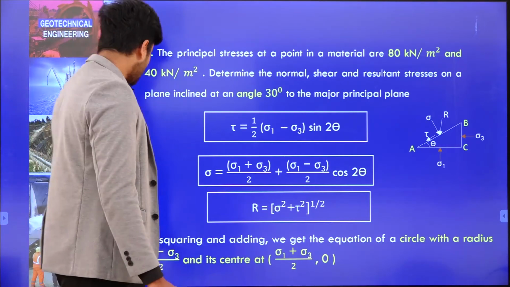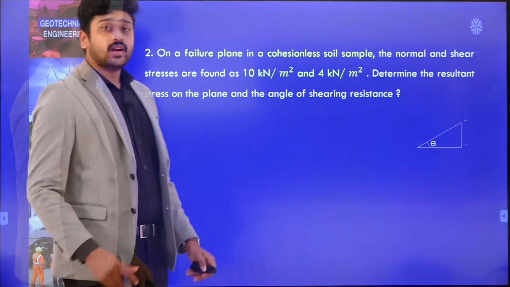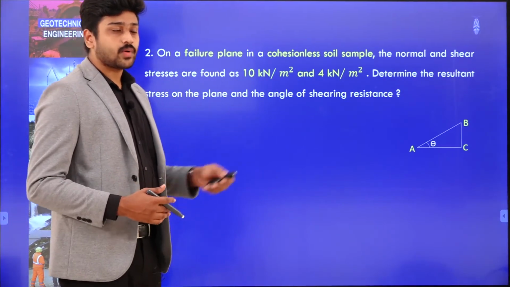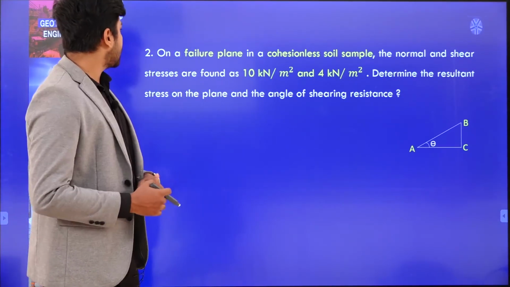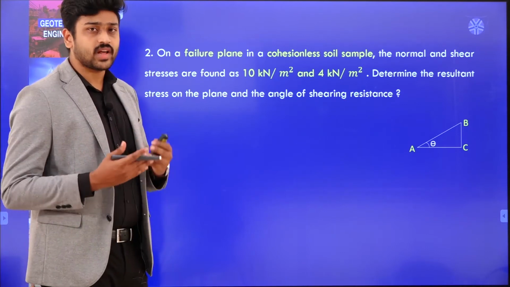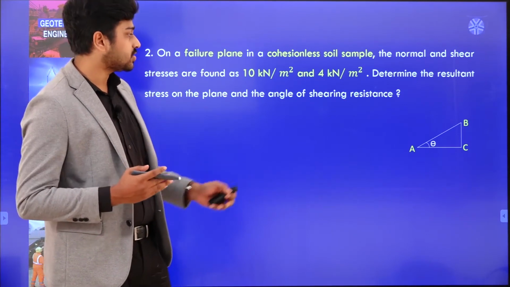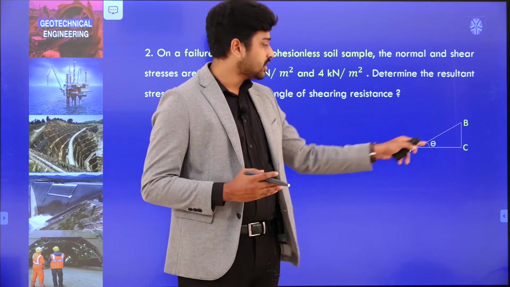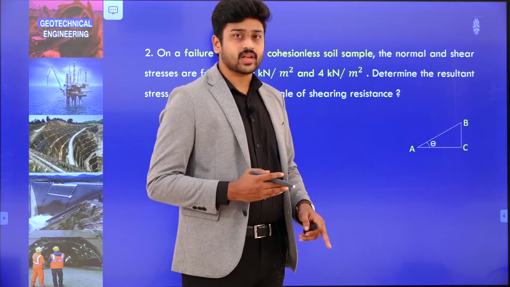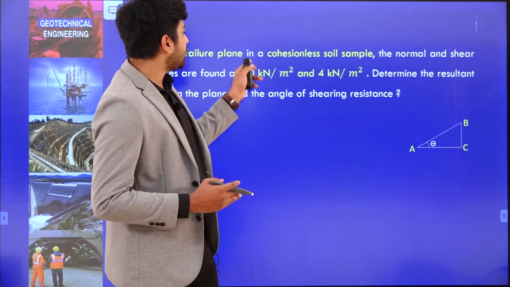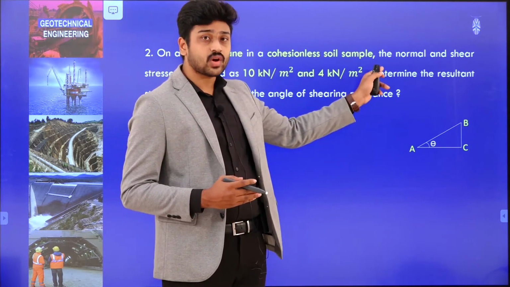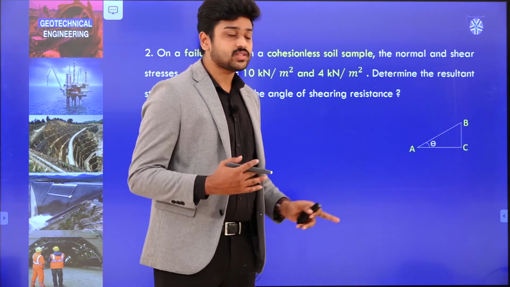Now, let us similarly look at the other problem number 2. It is given here on a failure plane. So, directly it is given on a failure plane. I am just drawing the wedge here. So, let AB be the failure plane. It is given that on the failure plane in a cohesionless soil sample,